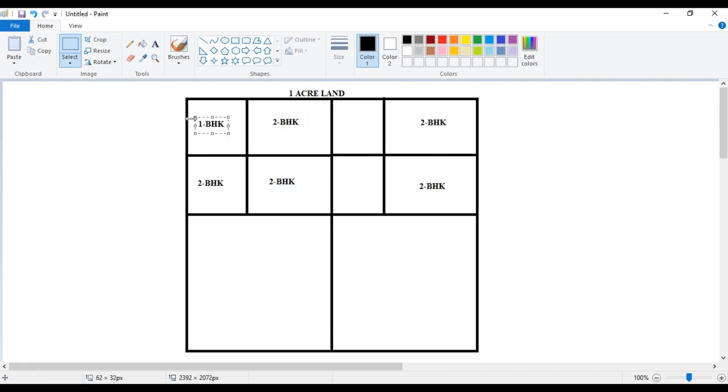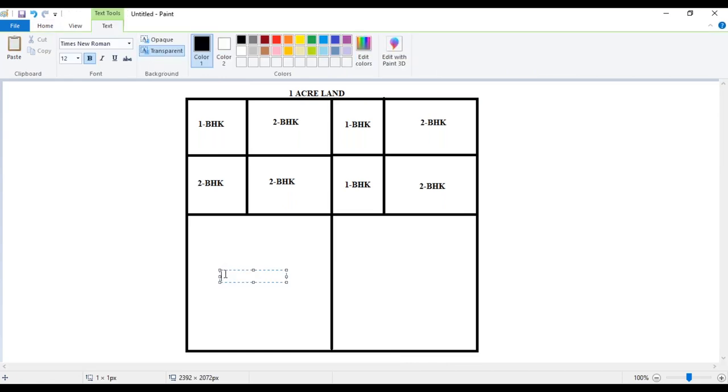Now, can anyone tell me what exactly I did? What exactly am I trying to achieve? I'm trying to give what people require. They don't want villa plots, only a few people do. That's why I kept it like this; I don't want to give it completely.